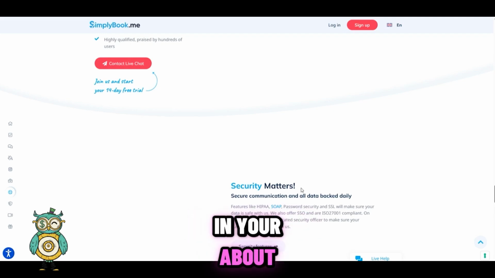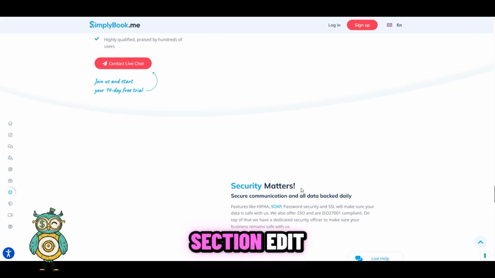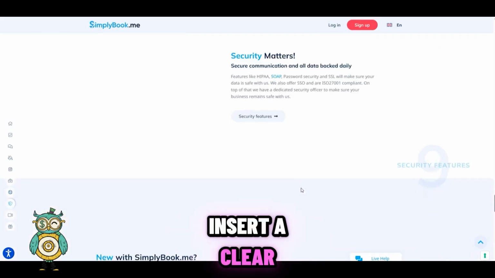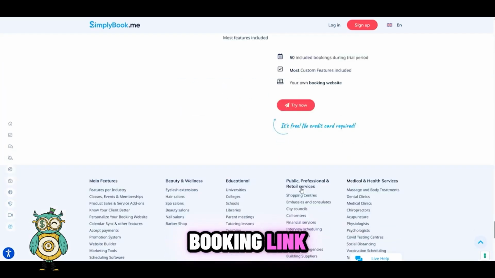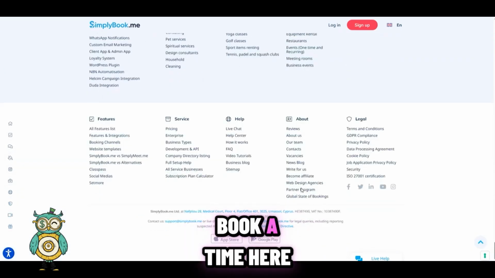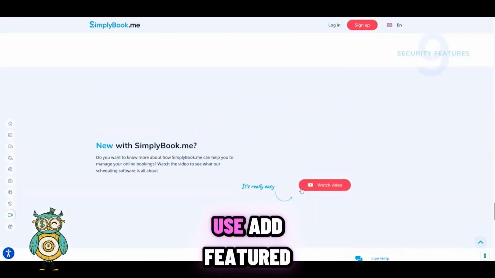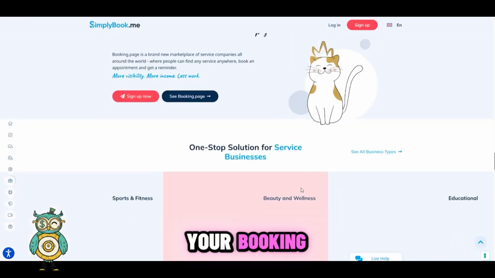Edit in your about/summary or featured section. Edit your summary. Insert a clear call to action with your booking link. For example, want to connect? Book a time. Here in the featured section, use add featured, add link to place your booking link front and